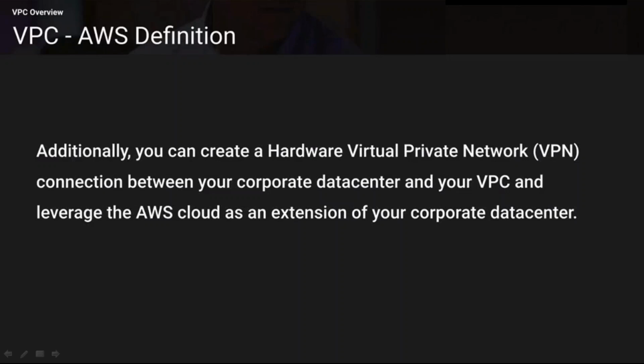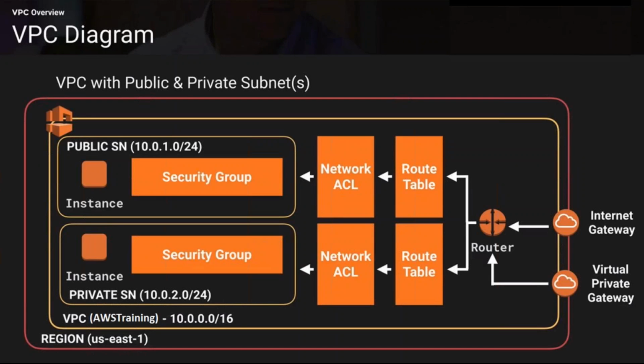Now this is something that we are going to put into our lab. We are going to create a complete VPC like this, which is going to have a public subnet and a private subnet, and the name of our VPC is going to be AWS training, launched in one of the regions. You may select any one of the regions. Here in the picture we are showing US East 1, but we may select any region from Mumbai to US, or any in between. We are going to create a VPC with the name AWS training, which is going to have a public subnet